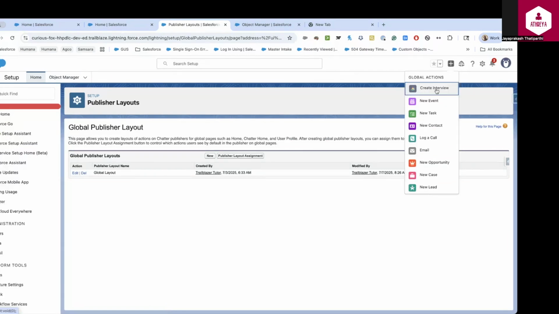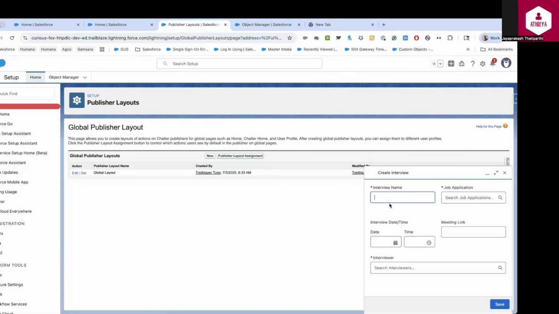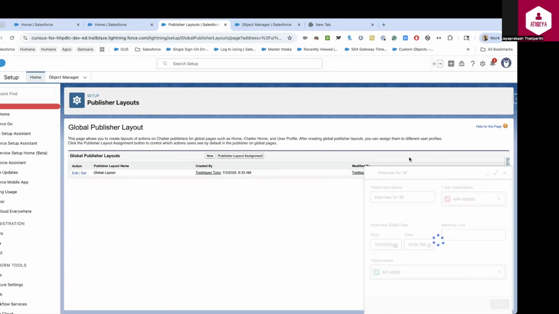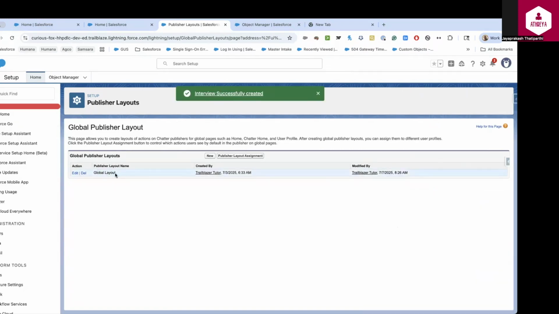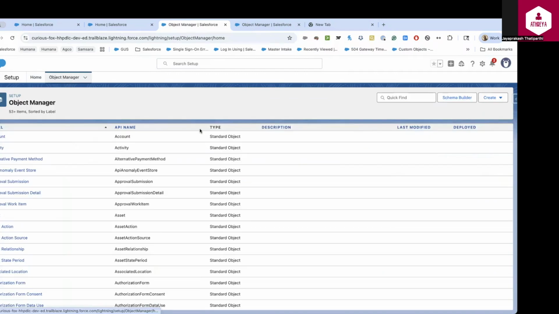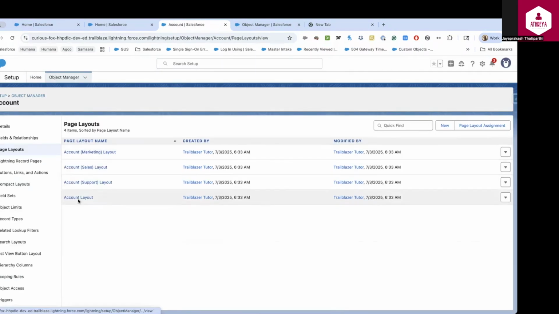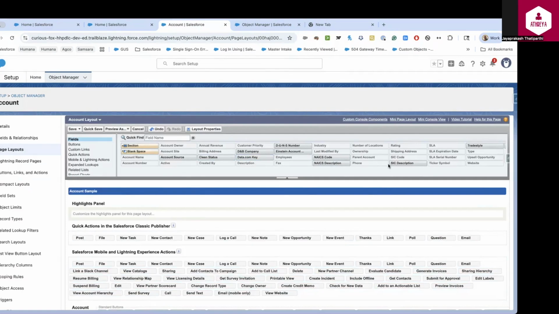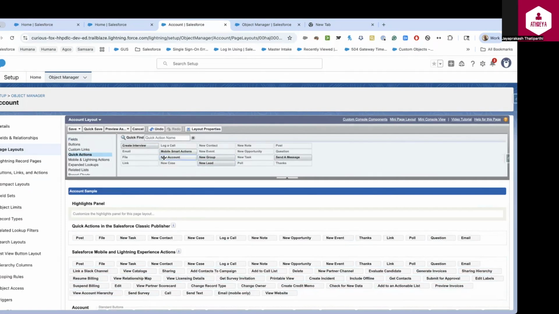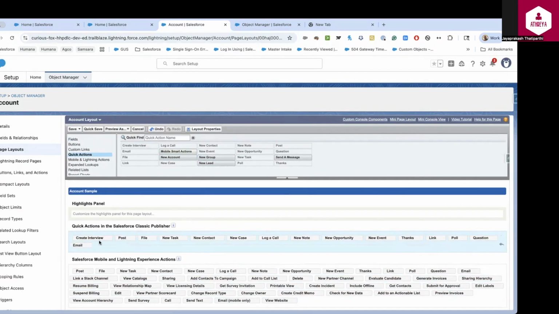Now you should see the create interview button here. Once you click on this, it will ask you to provide the details and click on save. So this will create an interview record. So once you create a global action, this action is also visible on any object. When you go to account object, page layout, and you go to any page layout, here also you will see the actions in the quick action section. You can drag and drop it to the quick action